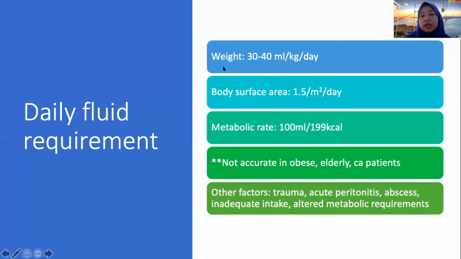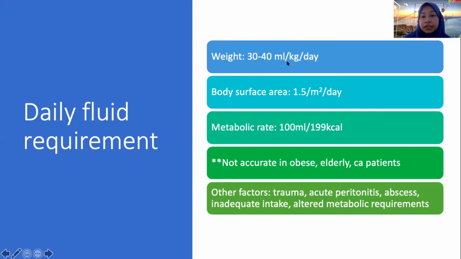There are some other ways of calculating the daily fluid requirement by using the body surface area and also the metabolic rate. But probably using the weight is the most popular and the most used method